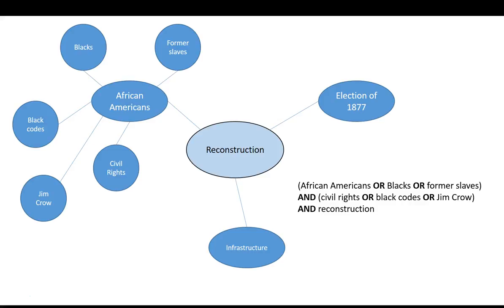Now, that's why we've also added AND Reconstruction, because especially when you have African Americans and civil rights, that would still be pulling up things from the mid-1800s all the way to present day. So when we add a term like Reconstruction, that's really helping us zero in on the time period that we're looking at. So let's take a look at a real-life example.